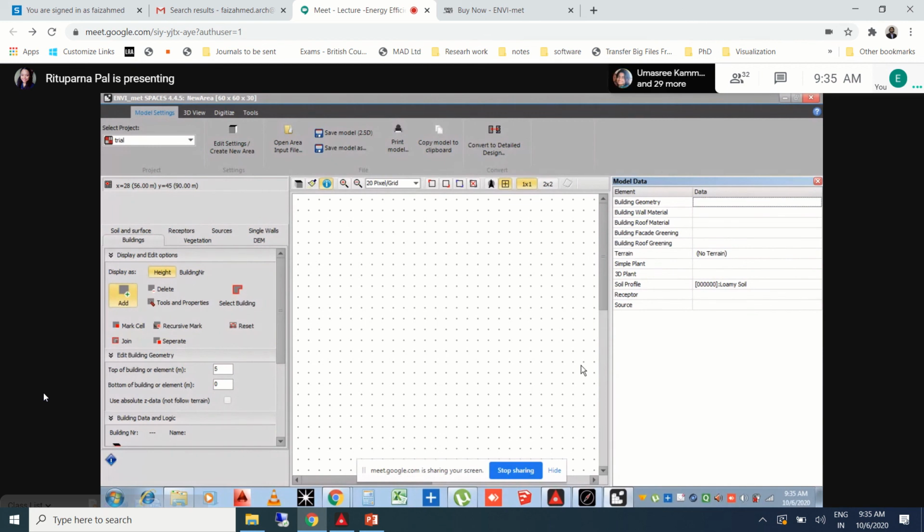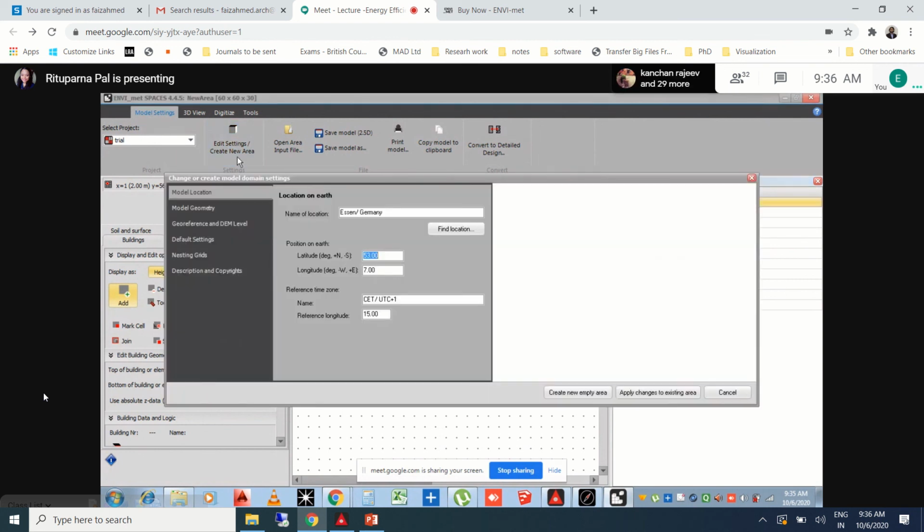As you can see, on the topmost horizontal toolbar there are various options. Under model settings, we select the edit settings area, or create new area part, before we start anything. On clicking this, we get this toolbox which says model location. Has everyone reached this part?